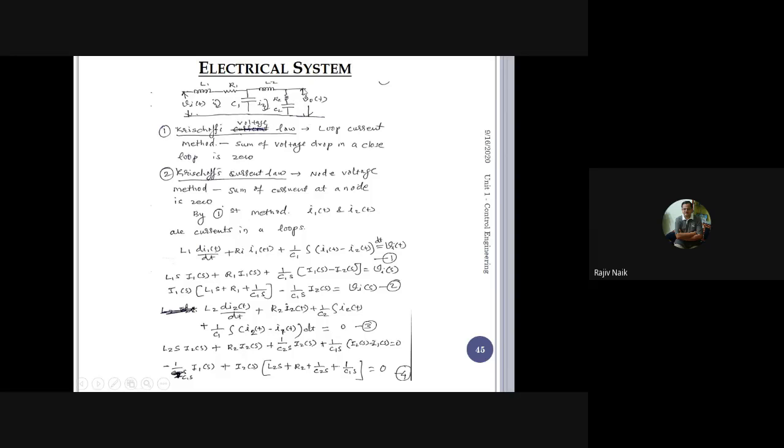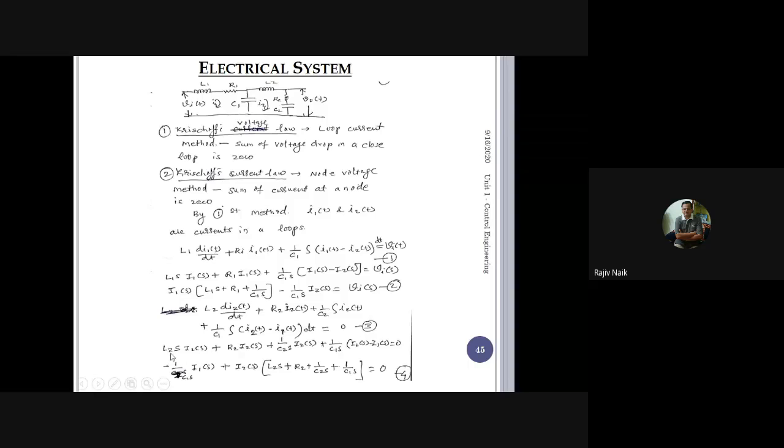Don't get confused with this output voltage. It is not in this loop. This loop is only this much. I will start from here and end here. This is a loop; you can start from anywhere. I will start from here and go to this side. I have started here because I have written L2 first. This closed loop I have written, and in this closed loop there is no supply voltage. So this voltage drop, this voltage drop, this voltage drop, plus this voltage drop is 0, I have written. So this is the equation.